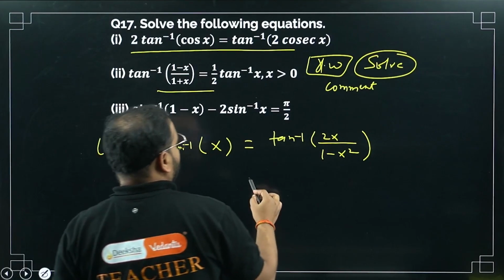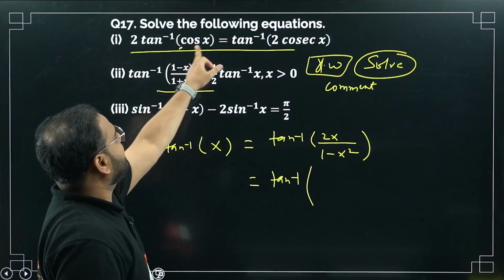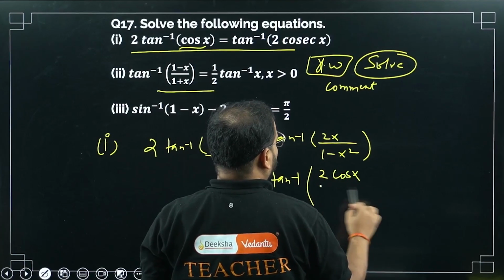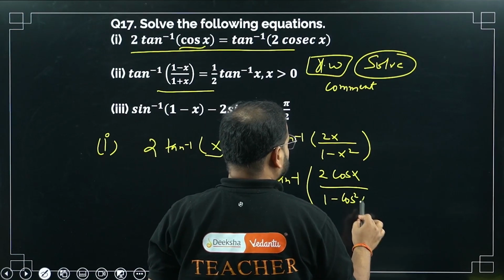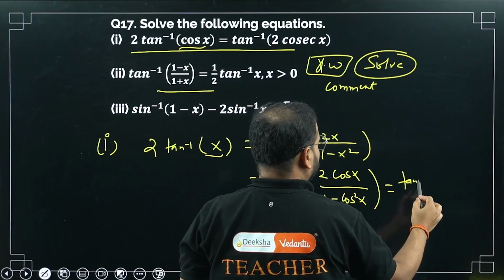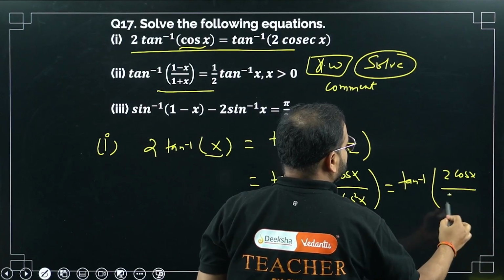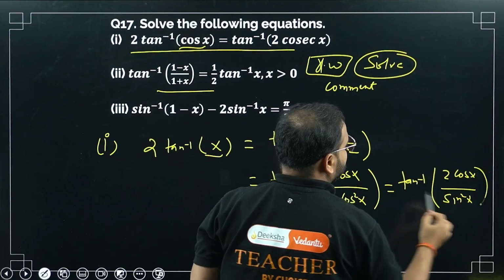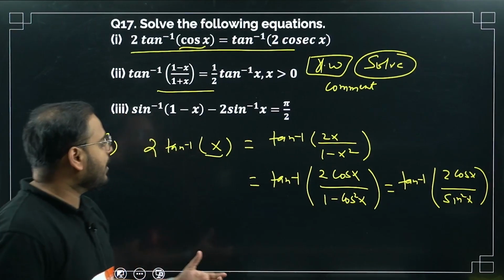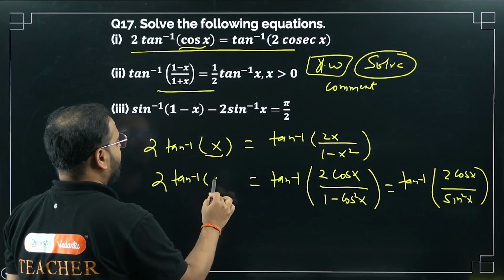What is x in this case? Please check. x is cos x. So tan inverse of 2 cos x upon 1 minus cos square x. Can you simplify this? Of course, sir. Tan inverse of 2 cos x upon simply sin square x, since 1 minus cos square x is sin square x. Now I can write this LHS, 2 tan inverse of cos x,